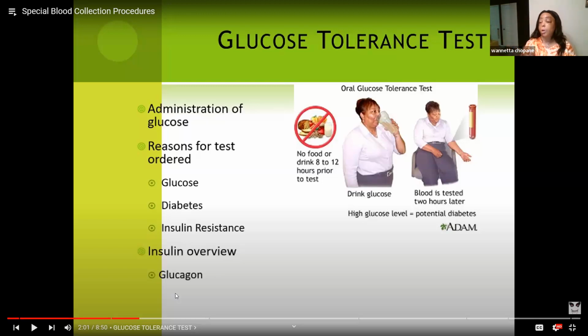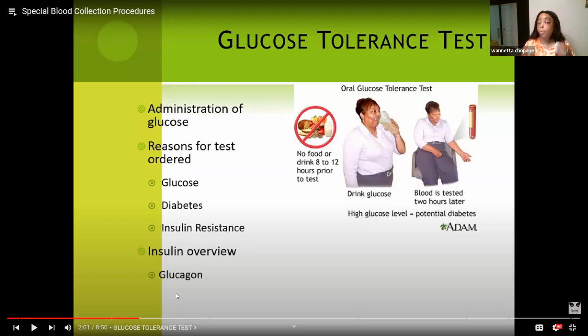So if somebody has a glucose tolerance test, let's just say you have 3 on the list, you can kind of see that maybe they're scheduled to come in. Then you're like, oh, okay, we're going to have a waiting room full of people, because after they drink what they drink, they have to sit there for 2 hours. Then you call them back to the lab, identify them again, even though you did it. I know it's nerve-wracking. But anyway, you identify them again, and then you start preparing them as you should,